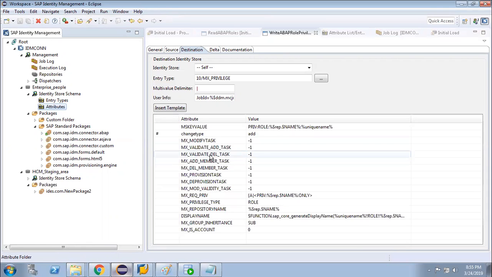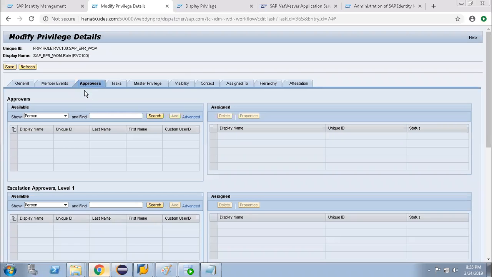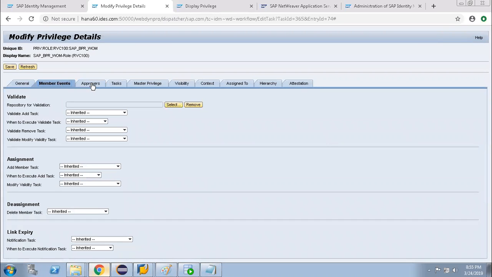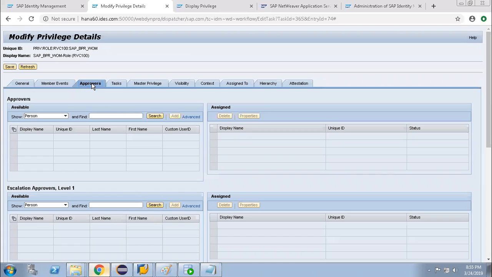That is the reason I have not discussed the approval task. If you remember, during the process there is an approval task, right? Yes. I have not discussed it, because until you understand the approvers of roles or privileges, or owners of roles or privileges, and the member events, I would have to recap again.